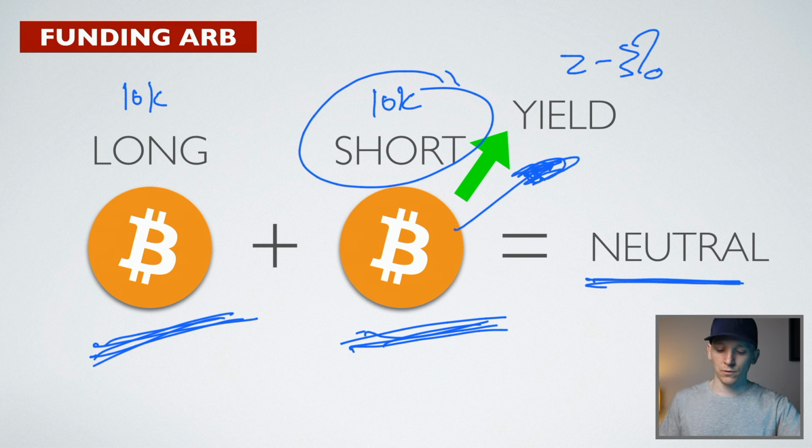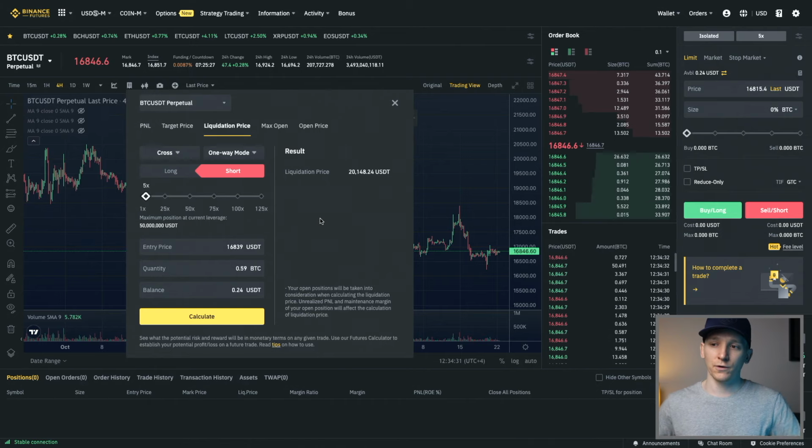But this can still be stopped out because of the leverage that you're using. So what I would absolutely do on this trade is to make sure that we have a stop loss way below the liquidation price. If you get liquidated, you're going to be paying fees and liquidation fees. It's going to wreck you, because the fees that you're paying are going to wreck any funding arb that you've